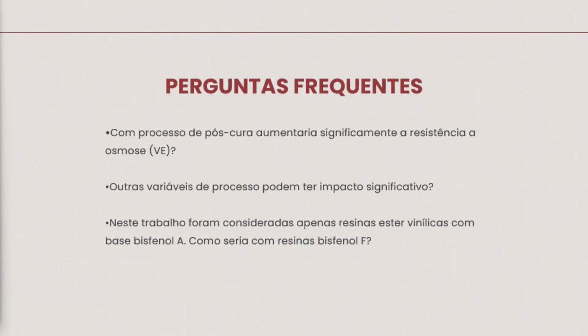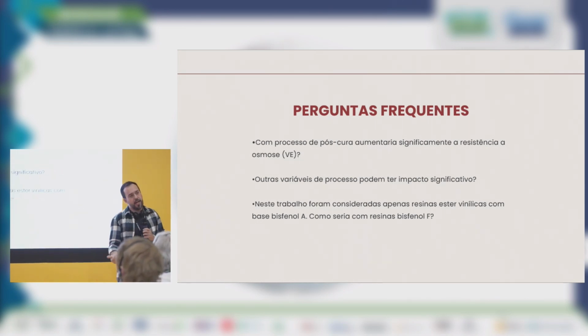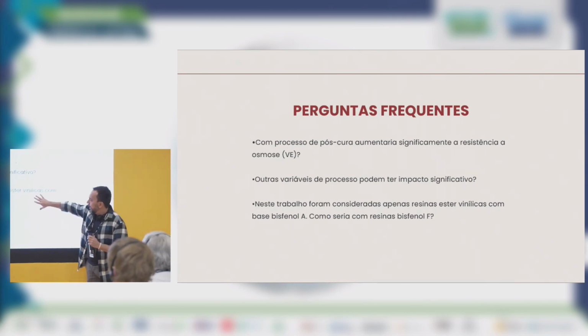It was a skin coating, but I don't know if there was post-cure with vinyl esters. This would perhaps improve the osmosis resistance. And there were some other process variables. For example, initiation, would you use a catalyst or not? I don't know. We know that the more cured the laminate, the more resistance, but we